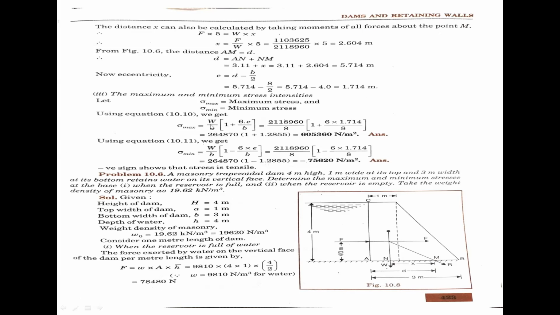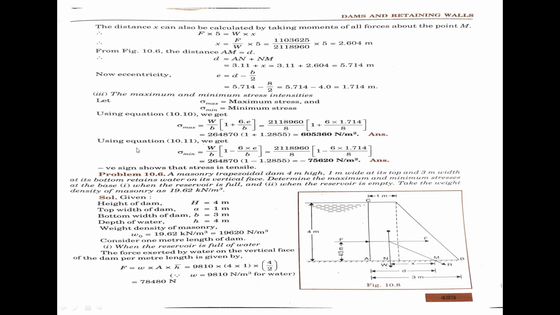For rectangular dams, sigma maximum equals W by B into 1 plus 6e by B. Now I substitute in this formula: W by B into 1 plus 6e by B. You know the value W, 2118960 divided by 8, into 1 plus 6 into 1.714 divided by 8. Now 264870 into 1 plus 1.2855, which equals finally 605360 newton per meter square. That is the maximum stress